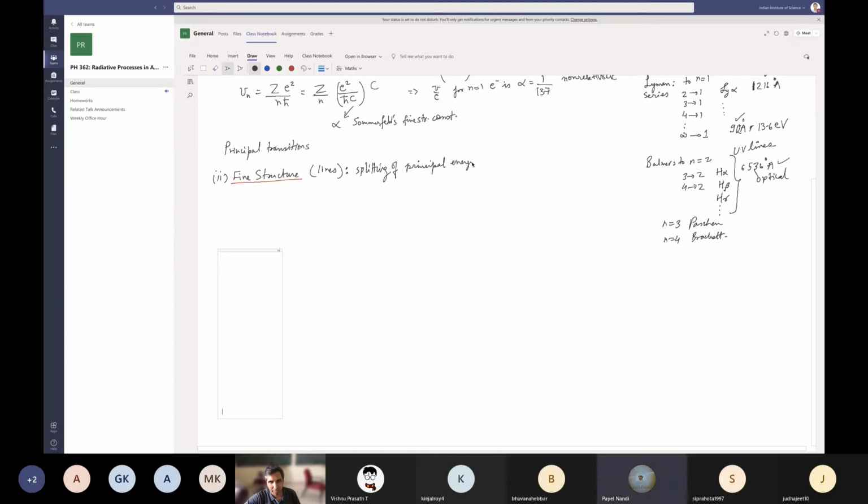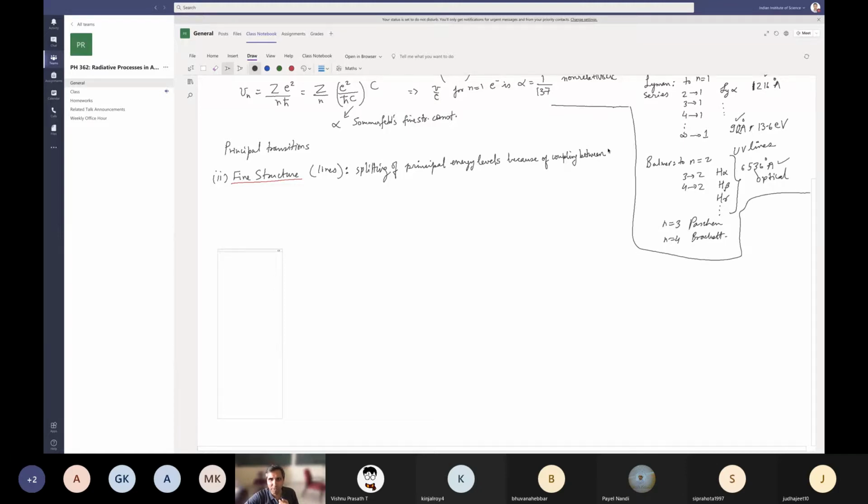Yes, sir. Levels. Why does it arise? Can someone say? When the orbital angular momentum L and the spin angular momentum S are coupled to each other and then form the total angular momentum J, then the degeneracy is lifted, J meaning L plus half or L minus half. Okay, so this is like, you can also think of it as coupling between